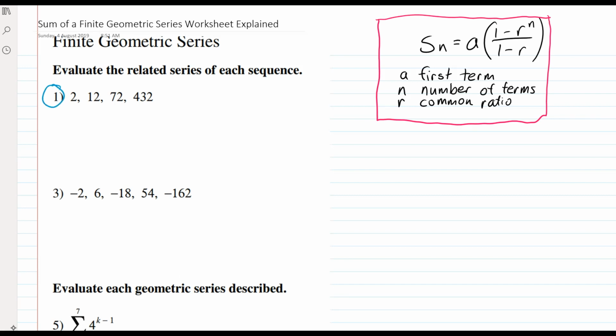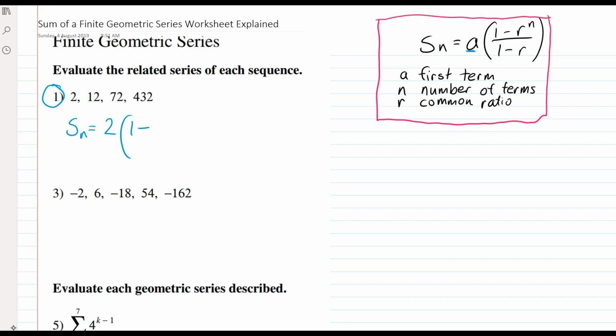Okay, now we'll do it with the first example here, 1. With 1 it would be easier just to go 2 plus 12 plus 72 plus 432, but I do want to show you how this formula works. Your first thing to do is find your a, which here is 2. So Sn, what we're looking for, equals 2 outside of 1, which is just a number from the formula,